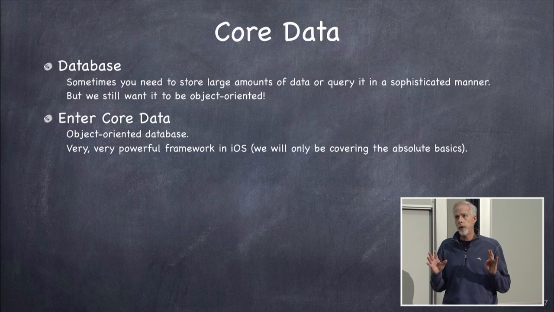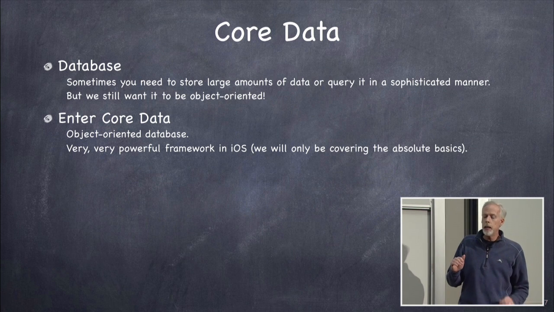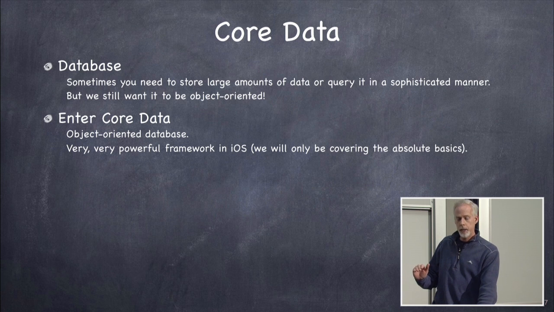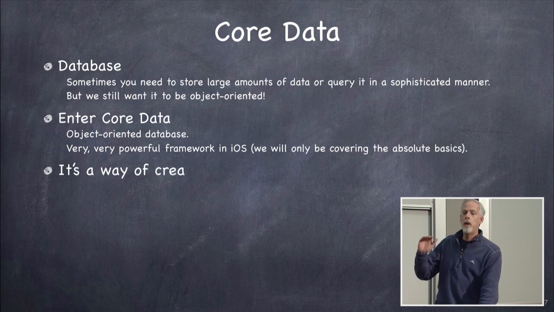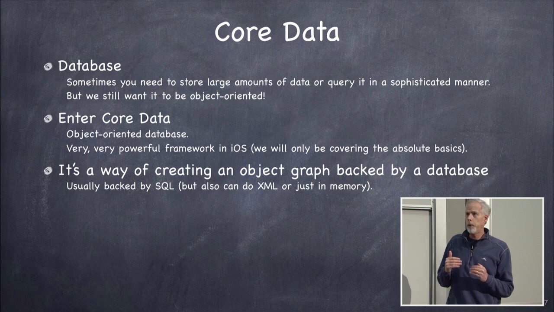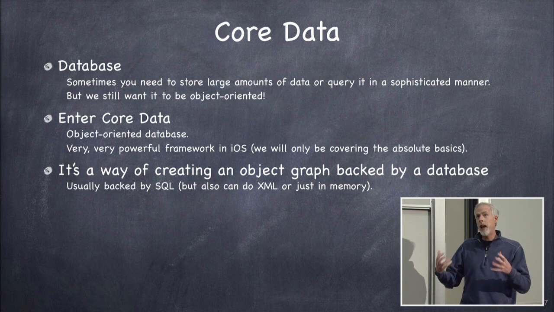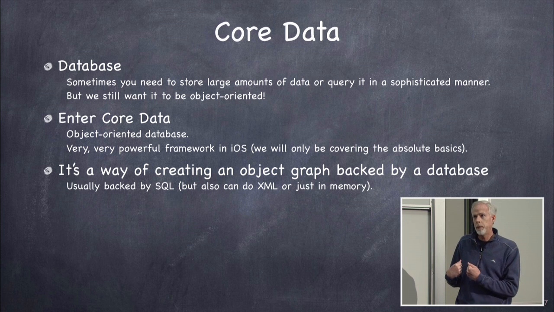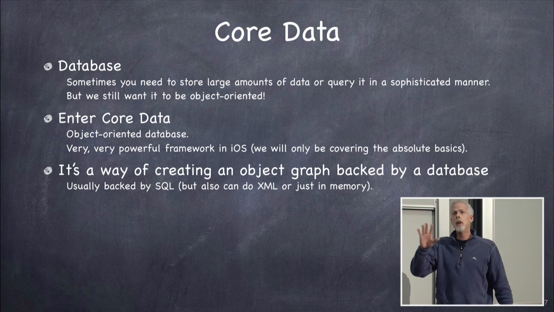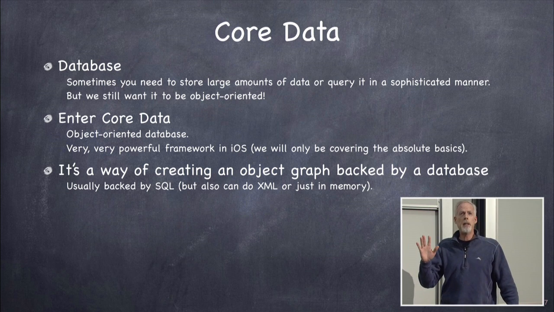It's what we call an object-oriented database, but actually it's really not an object-oriented database on the inside. It's only an object-oriented database on the outside, the side that you look at. Underneath, it's actually a relational database usually. Now, Core Data is designed to have any back end of storage, but its primary implementation is on top of SQL, which is a relational database. How many people know what a SQL database is? Okay, almost all of you, good.